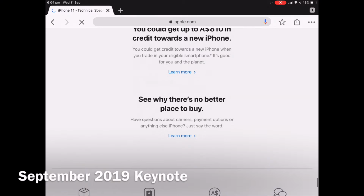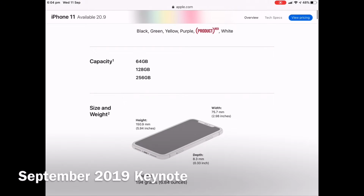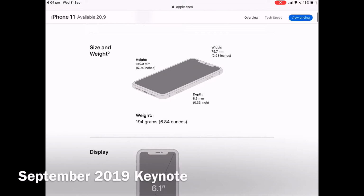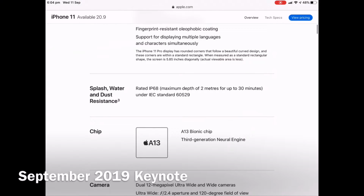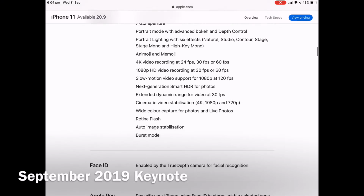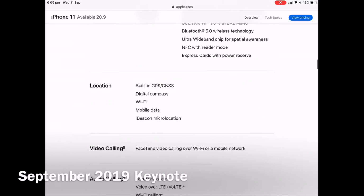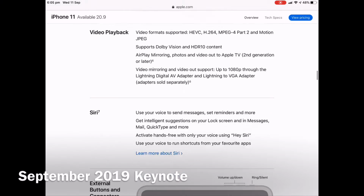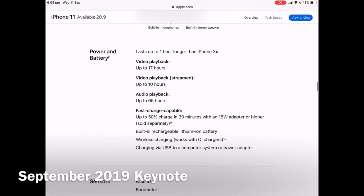So we'll quickly go over the tech specs. It comes in 64, 128, 256. There's your specifications. 6.1 inch Retina HD display. A13 Bionic. So pretty much similar specs, except the camera will obviously be a bit different to the Pro. So power and battery, it's up to 1 hour longer than the XR. To be honest, that's not really much of an upgrade, but